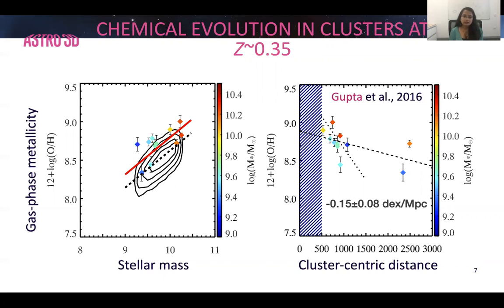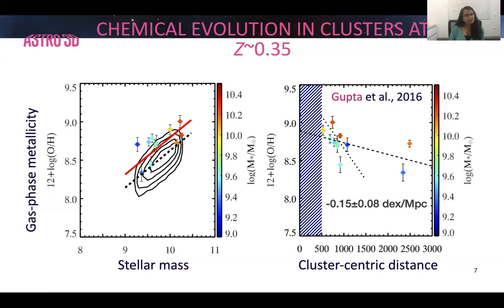That is, almost all cluster galaxies have significantly higher metallicities than the field environment. In fact, we also found a nice correlation: galaxies which lived closer to the cluster center were slightly more metal rich than the galaxies in the outskirts. However, our sample is a bit small in this study,